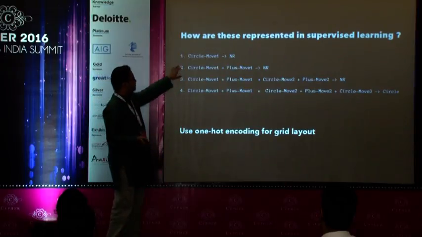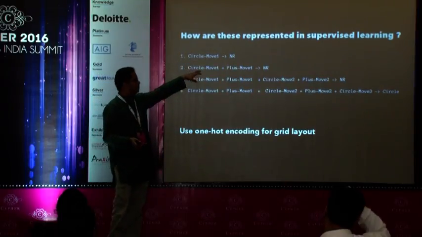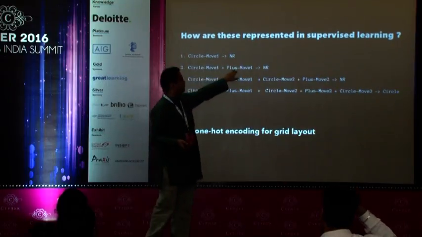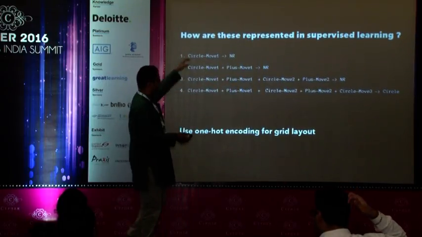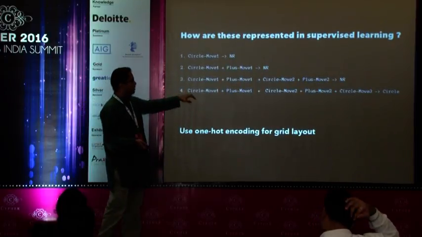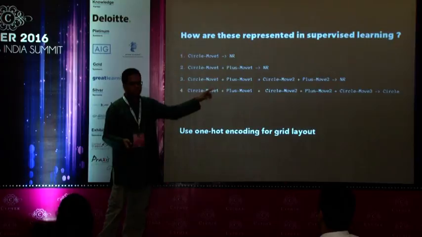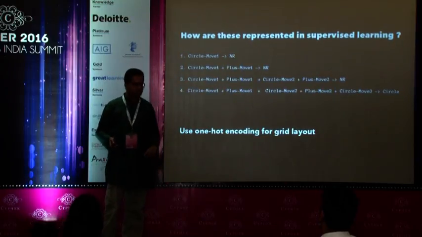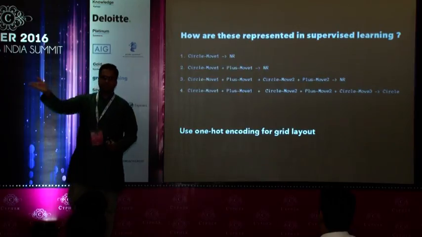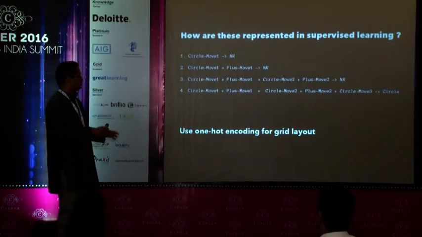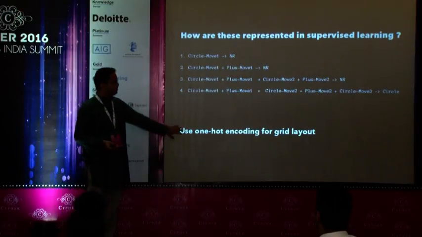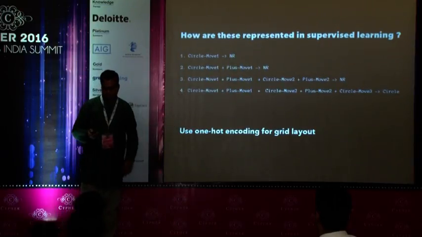You would do something like, okay, my first move, no result. Second move, I play a circle, I do a move, it's still no result. You keep doing this. You enumerate all possible options until you come to a situation where, okay, now if I do this particular thing, it's a circle, right? So you would use something called a one-hot encoding for the entire grid, and you tell what each status is, and you need to know what sort of moves are done. You do an entire enumeration, and you get what your results are.